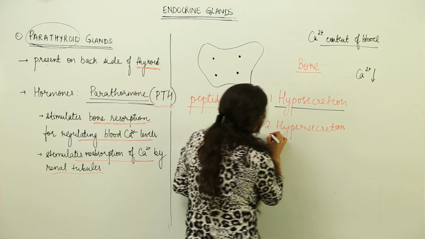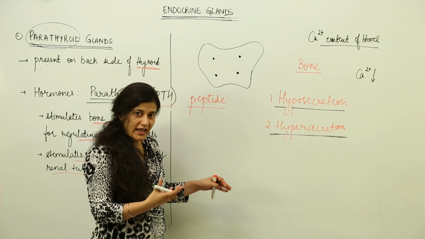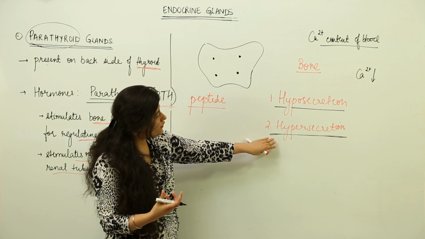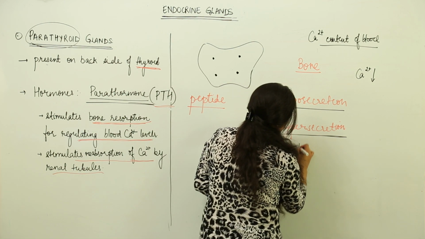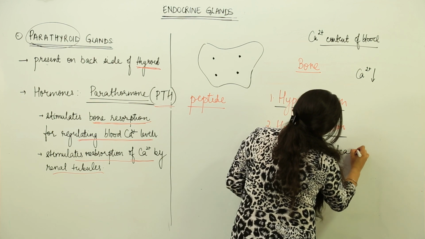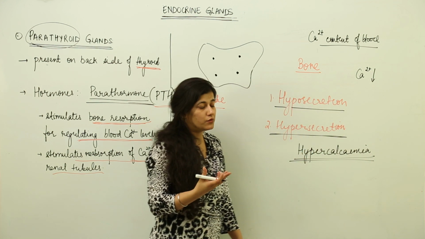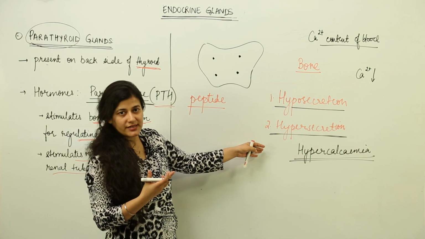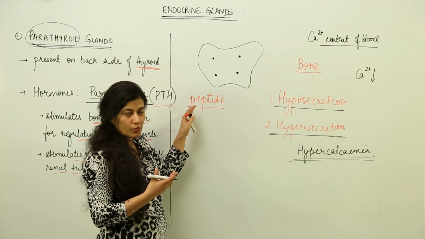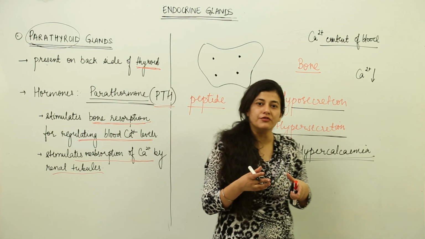In the case of hypersecretion, the bones would lose more calcium, and if they lose more calcium, they would become brittle. Hypersecretion leads to hypercalcemia in the blood. That means more calcium ions, much more than the required quantity, would be present in the blood. That is due to hypersecretion of parathormone, and in the case of hyposecretion of parathormone, the blood will have a lesser content of calcium,